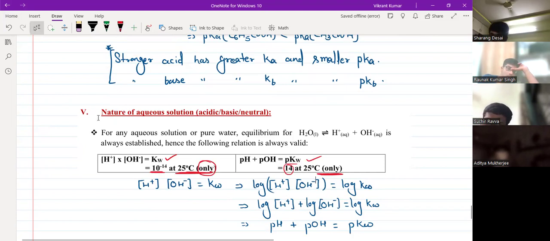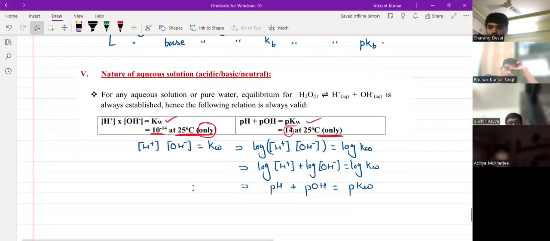Is it okay? Now we can have three kinds of solutions: neutral, acidic, and basic. Whenever we are having a neutral solution, neutral does not mean that the net charge will be zero and otherwise it won't be. Net charge is always zero in any solution. Even if you are putting NaCl, Na plus is coming and Cl minus is also coming, so it is electrically net neutral. All the solutions are electrically net neutral. This neutrality is not regarding the net charge. Net charge is always zero, but it is about the relative concentration of H plus and OH minus.